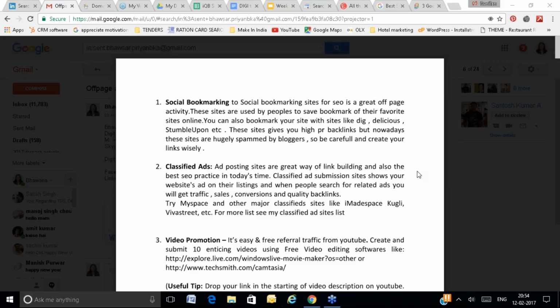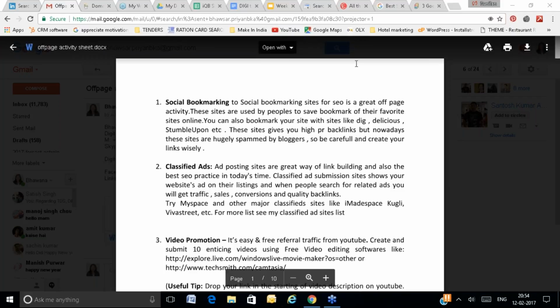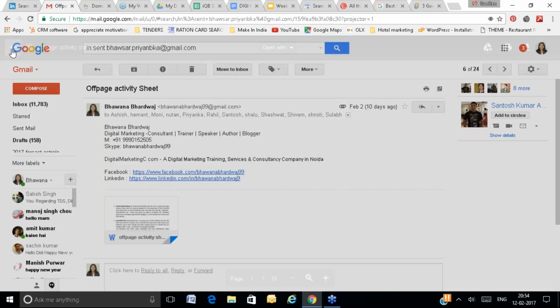So in principle it is very easy. In teaching I have taught you a lot of activities. These are some off-page activities. Yes, Vivek, right. But when you actually practice acquiring links, you have to do a lot of hard work. So be ready for that. Always try to get backlinks from quality websites, and the quantity also matters, right?